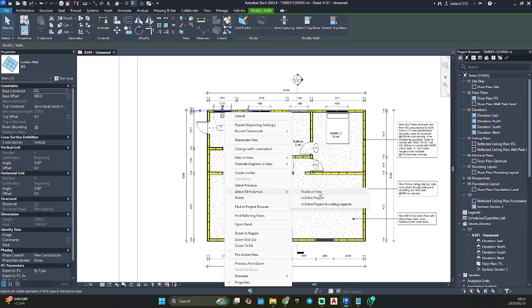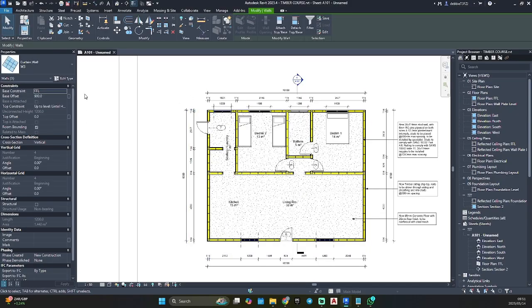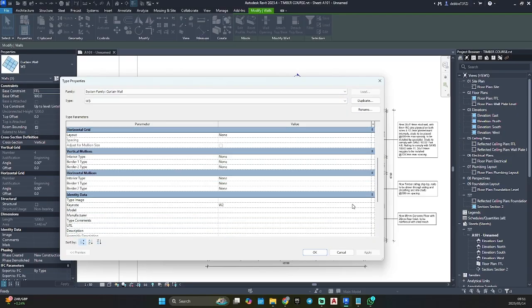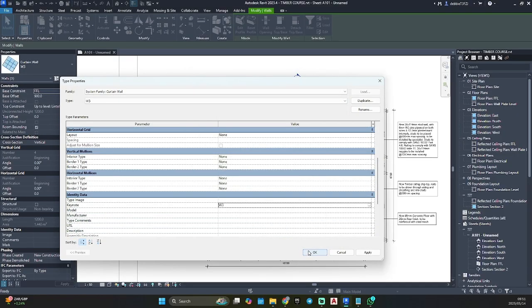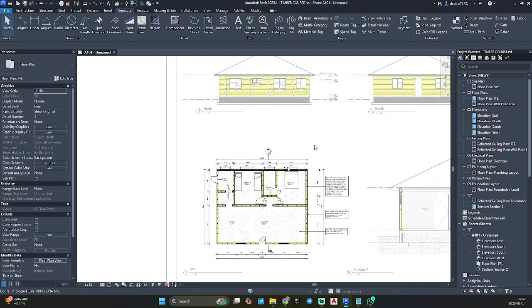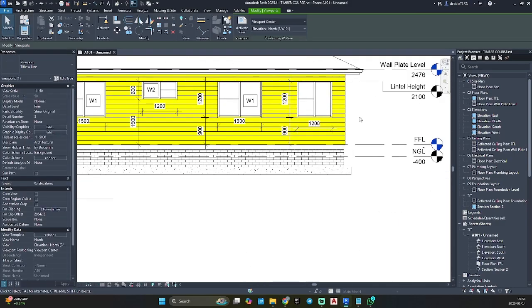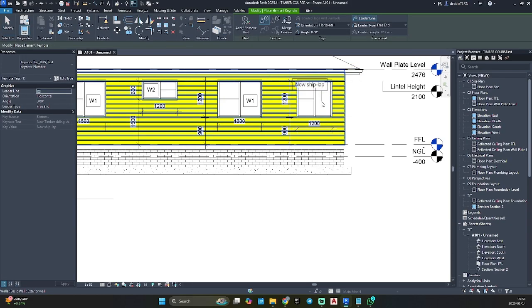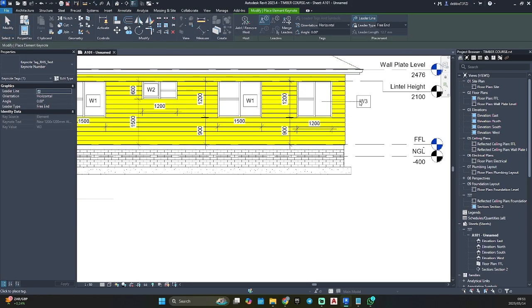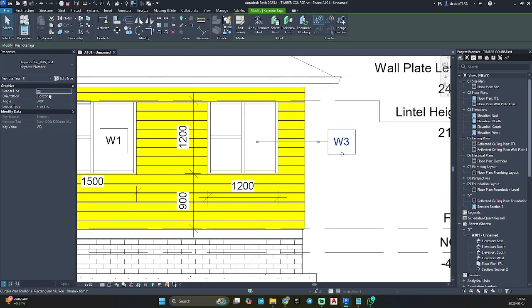Right, select all those windows again. Go edit type, change it to window 3. So now we can hide the leader line.